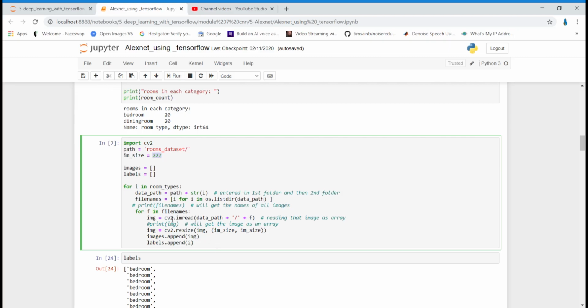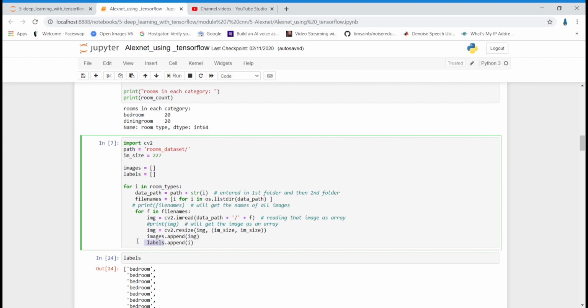After reading an image in the img variable, we want to resize that image to im size comma im size, meaning 227 comma 227. After we have resized our image, we will append it to the images list where we want to store all the resized images, and we are also appending to the labels list so that we can store the corresponding labels of the resized images in this labels list, right?